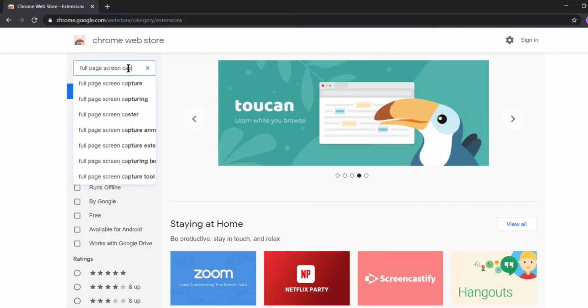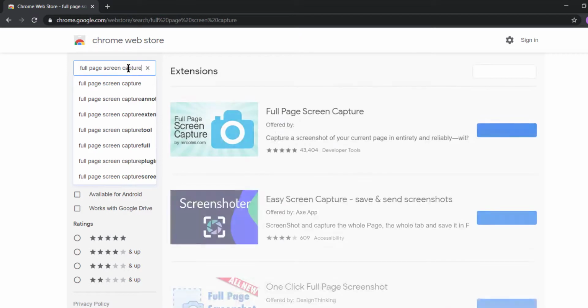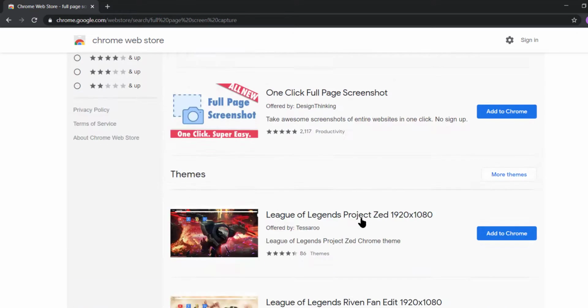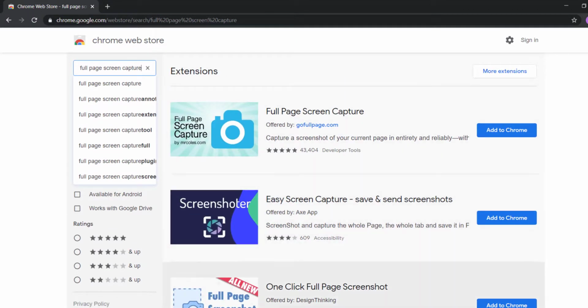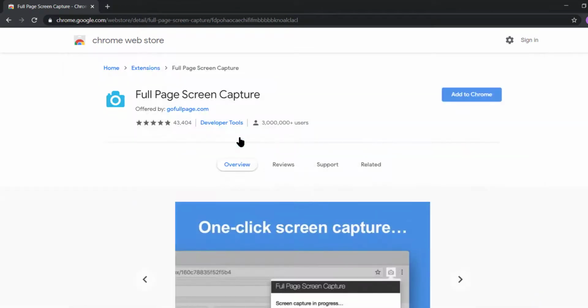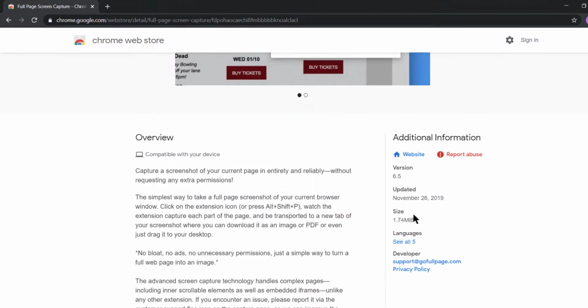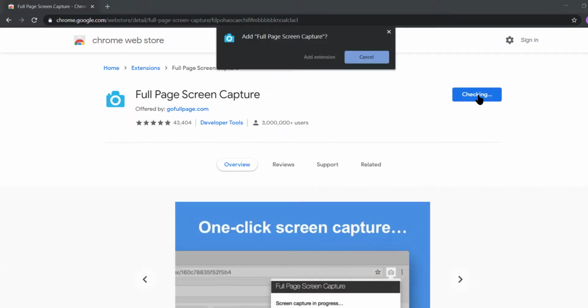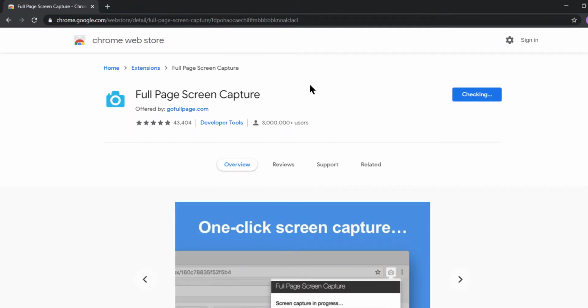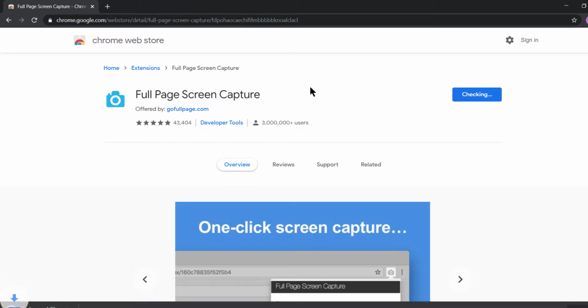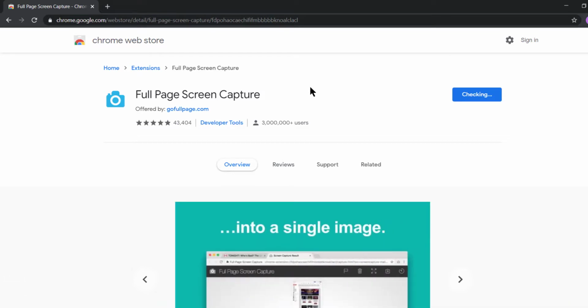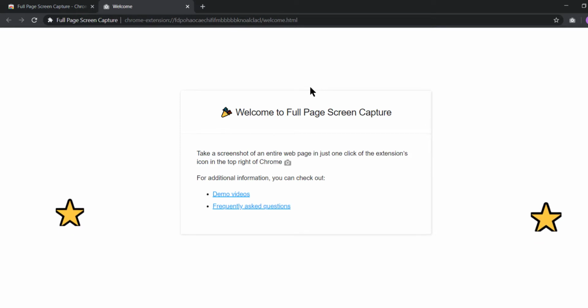Screen capture. Once we do that, we're going to come across these few options here. These are the three options, I guess. But this is the option. This is one of the best solutions that I have been using, and it's working beautifully for me. So this is why I wanted to suggest to everybody, if you're looking for a screen capture tool, this is kind of the best one.